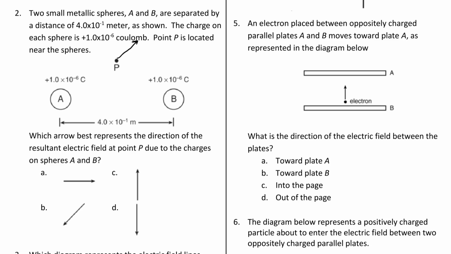And then sphere B also has an identical force pushing the other way. It's going like that. So that's what they're saying, the resultant electric field. Now we have to find the resultant of those two vectors. And how do you add vectors? Head to tail. So you have to take this guy, you move it over here,